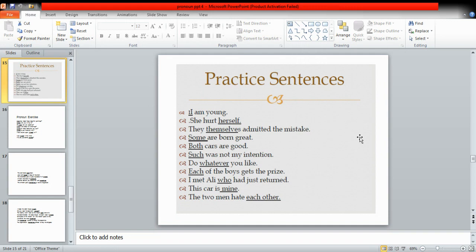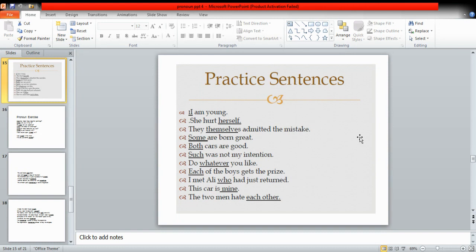If you remember, we did the kinds of pronouns in the previous lecture, and I told you by the end of the lecture that in the next lecture, inshallah Ta'ala, we are going to start with the practice sentences regarding all the kinds of pronouns we did on that day. So I hope that you must have gone through all the practice sentences, all the kinds of pronouns with their examples. If you have gone through them, if you have understood all the concepts very well, it will be easy for you to identify all the kinds of pronouns in the lecture we are going to have today. As you can see on your screen,